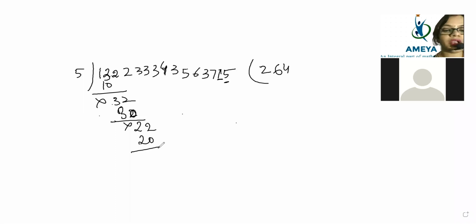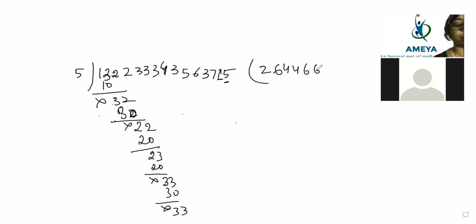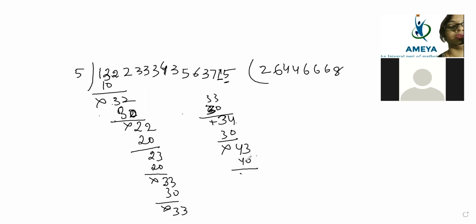So 1 2 went, another 1 2 came here, so 2 will come out, 2 3. Again you will write 5 4 are 20. Then 3 will come, another 3 will come out, 5 6 are 30. So again one more 3 came. Now again 4, 5 6 are 30. Okay, now again 35 will come.